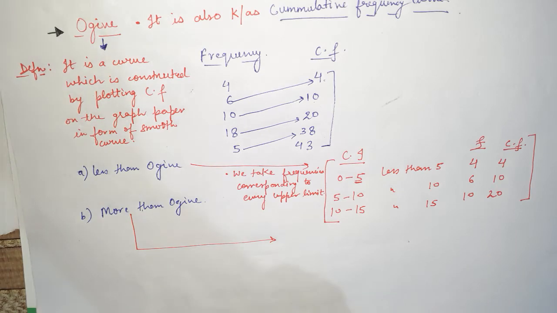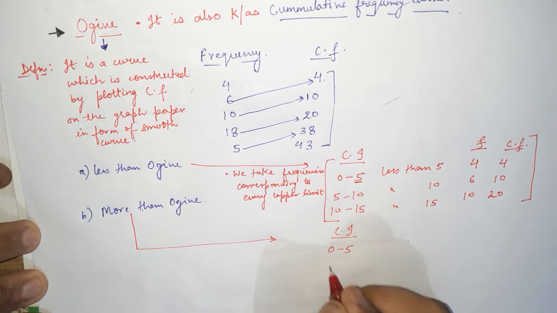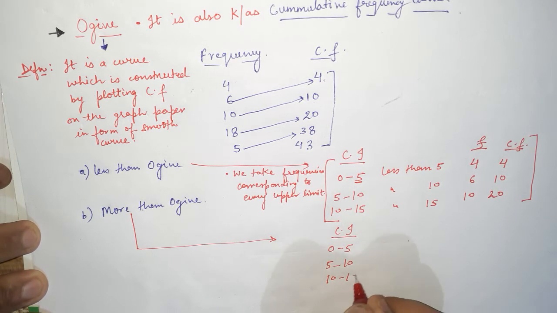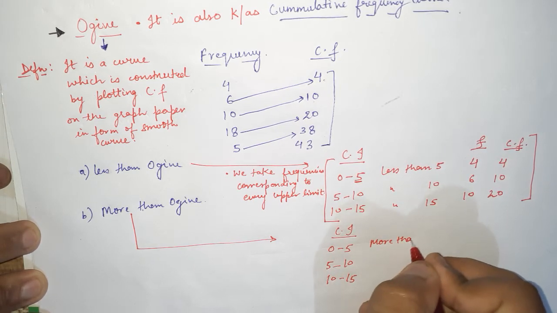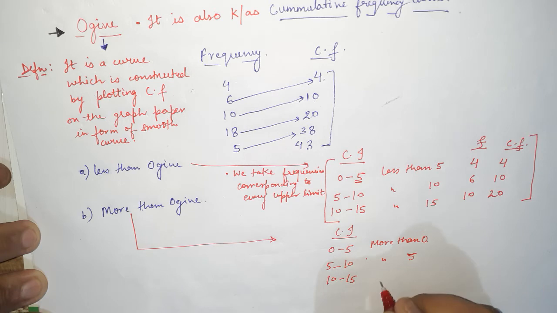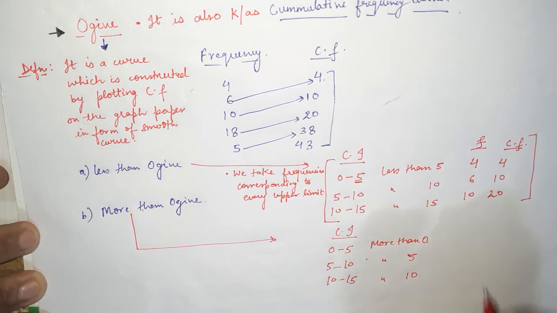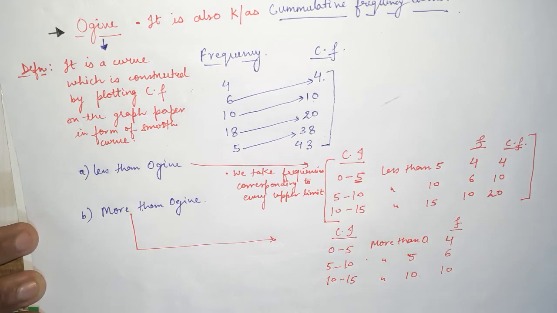Now similarly, when we talk about more than OGIV, let me show you an example for this also. So in more than OGIV, the frequencies we take will correspond to the lower limit. That means if, suppose, we have 0 to 5, 5 to 10, 10 to 15, likewise, then we will start from the lower limit of the first class interval. For example, I show you, we have class intervals 0 to 5, 5 to 10 and 10 to 15, and it will be so on and so forth. Then we will convert it, more than 0 we will write, that means the lower limit. Then again more than 5 we will write, again more than 10 we will write, like this. Then we have the frequencies given like 4, 6 and 10. These are the frequencies given.